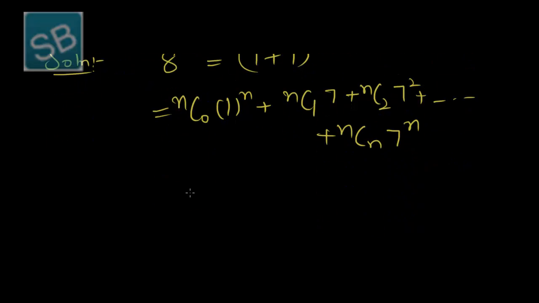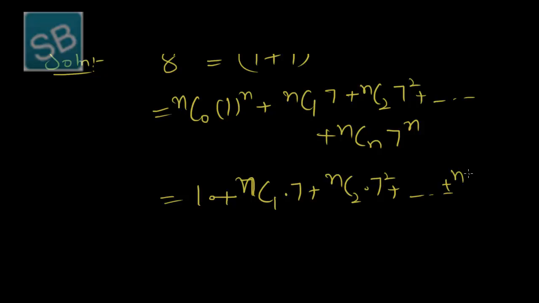So nC0 is 1 plus nC1 into 7 plus nC2 into 7 square plus so on, nCn 7 raised to power n,